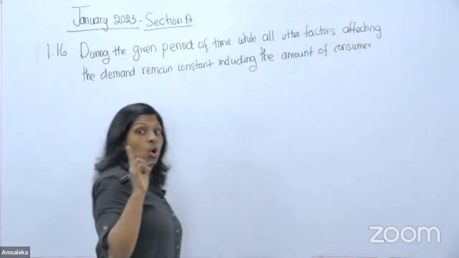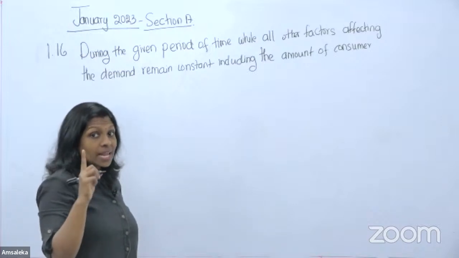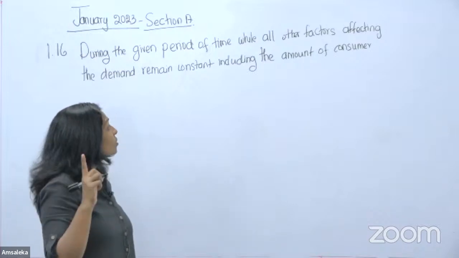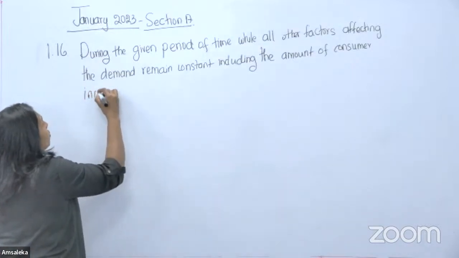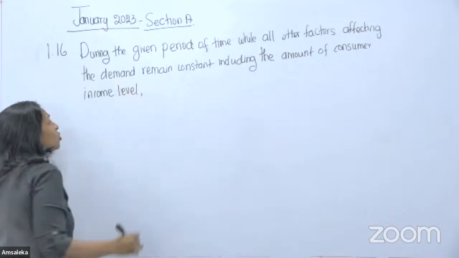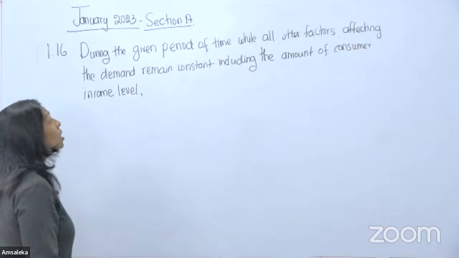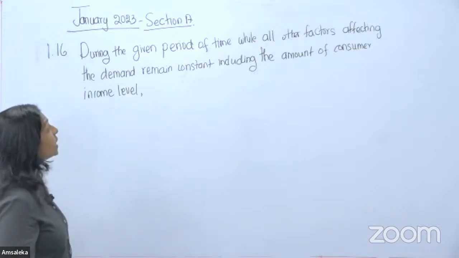Here, no other factors are changing. They remain constant, right? So including the amount of consumer income level. So during the given period of time, while all other factors affecting the demand remain constant, including the amount of consumer income level,